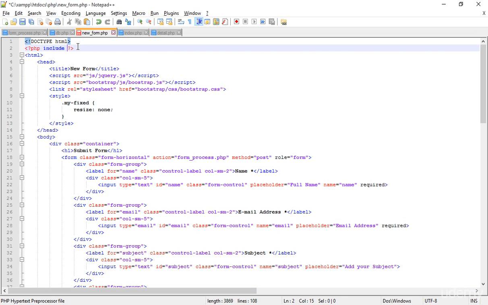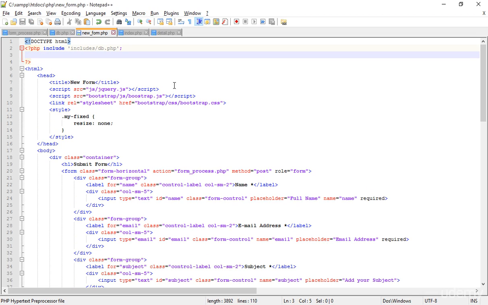Okay, I'm just including the include slash db.php. Adding the db.php is really important, because the database is needed if you want to get any result from the database. So by the way, what I'm just going to do here,